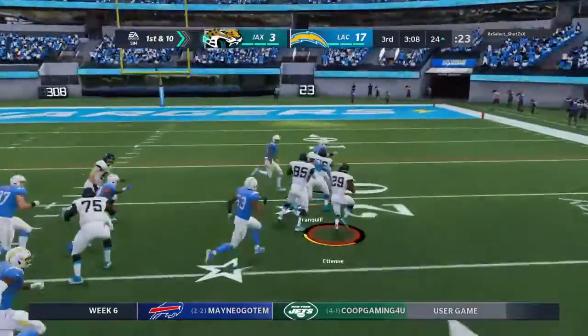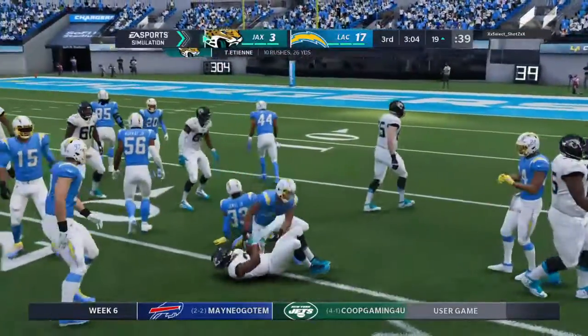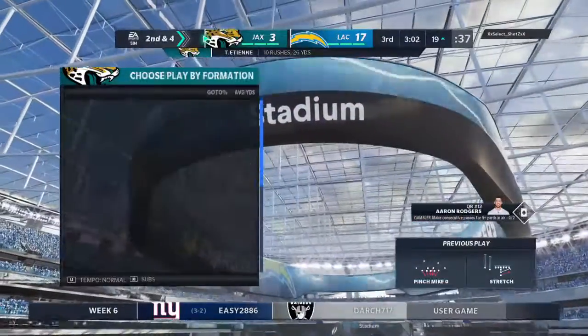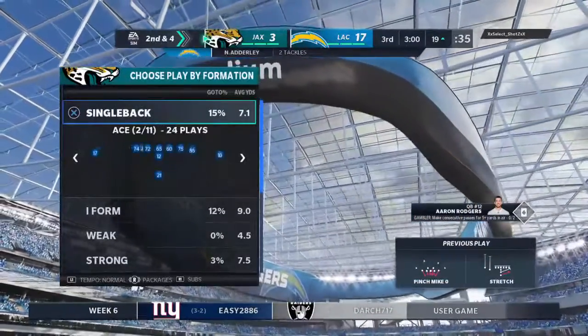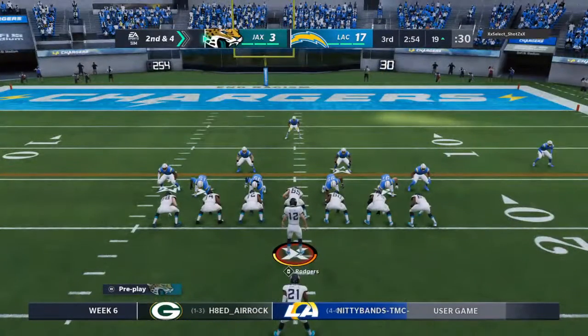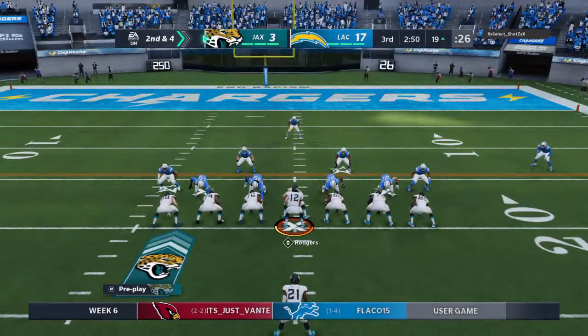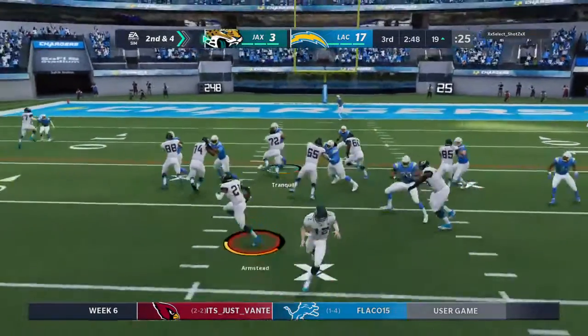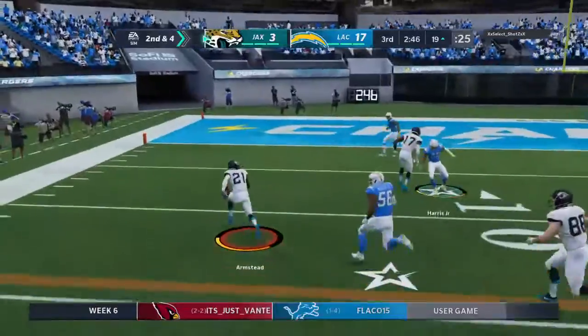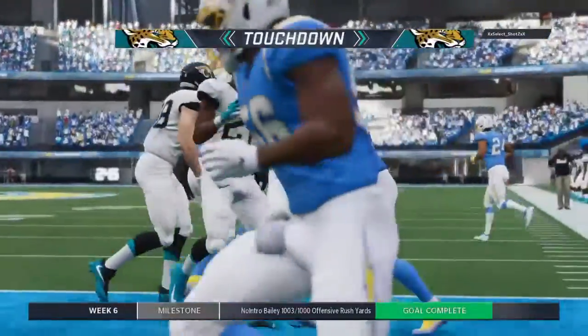Right back to him on first down. It's a 6-yard gain on the ground, and that'll make it 2nd and 4. Sometimes with the running game, you've just got to stick with it. Look, it's the 3rd quarter, no time to panic. But that also doesn't mean you just do it the same way you've been doing it the entire ball game. Maybe change up some blocking assignments or run a few different plays, but stay with the overall essence of the running game. And he will get this into the end zone for a Jaguar